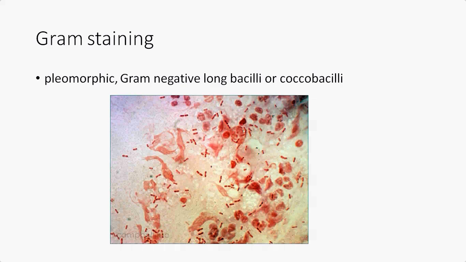In the Gram staining, the second important test, pleomorphic, gram-negative long bacilli and even coccobacilliform can be seen. Here you can see a typical picture of these coccobacilli. It's not long like a typical bacillus, and not correctly round like a coccus. It's in between the bacilli and cocci, therefore it's called coccobacilli. Many of these coccobacilli and pus cells can be observed. This diagram you have to draw in your journals as well.